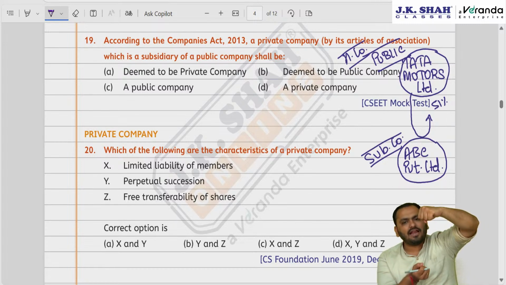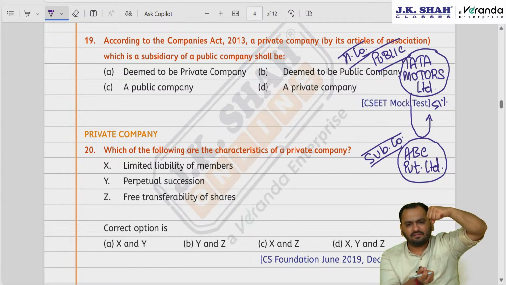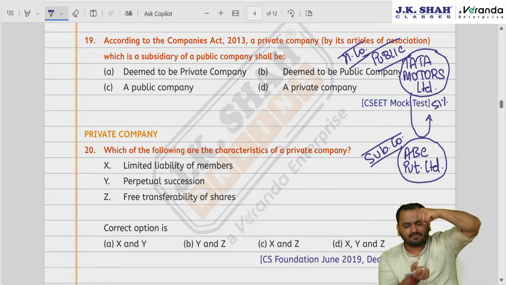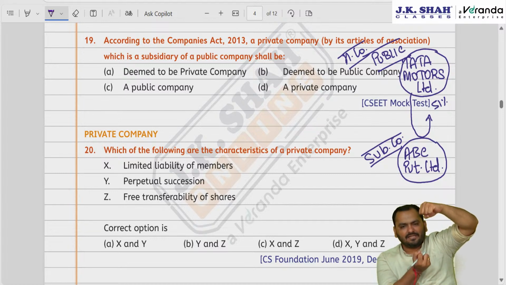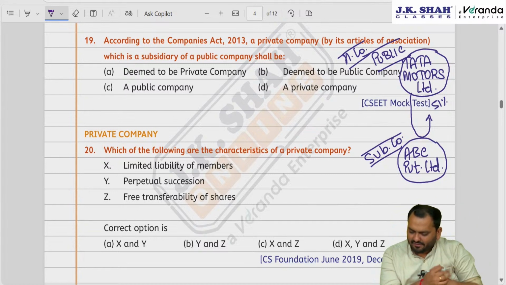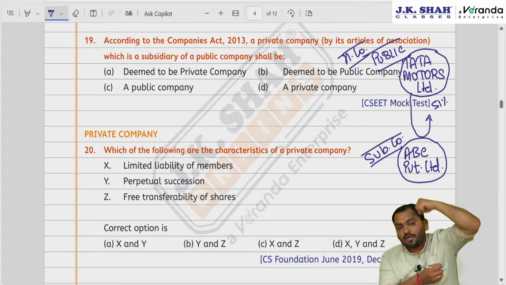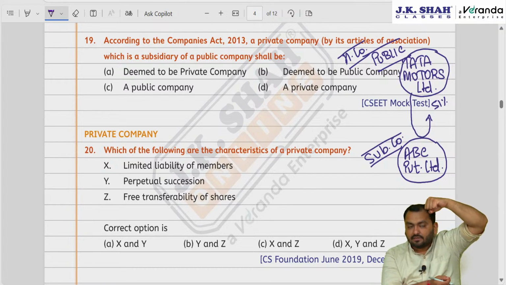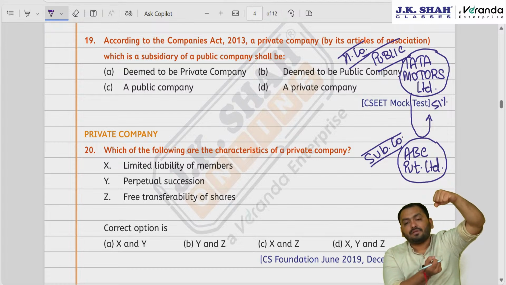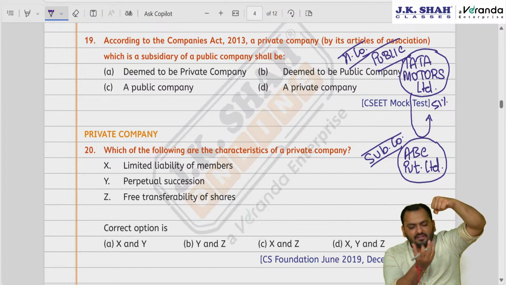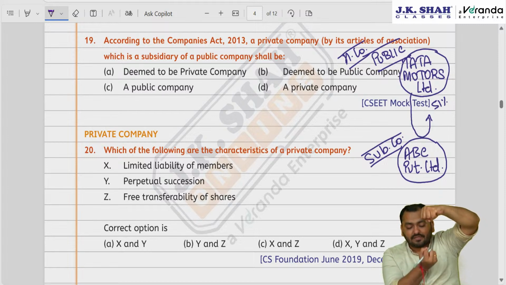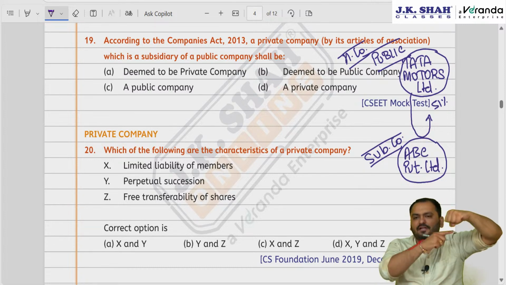Okay, this company is the daddy company, and this is obviously a very basic example. You can say this company is the daddy, and this company is a small baby of this company. So, holding company, subsidiary company, right? Now tell me one thing: the concept says that the holding company is a public company and the subsidiary company is a private company. So when this is a private company of this public company, the holding company is a public company and the subsidiary company is a private company, such private company shall be deemed to be a public company.